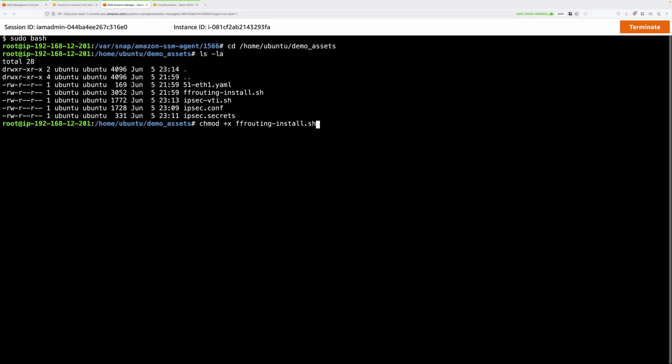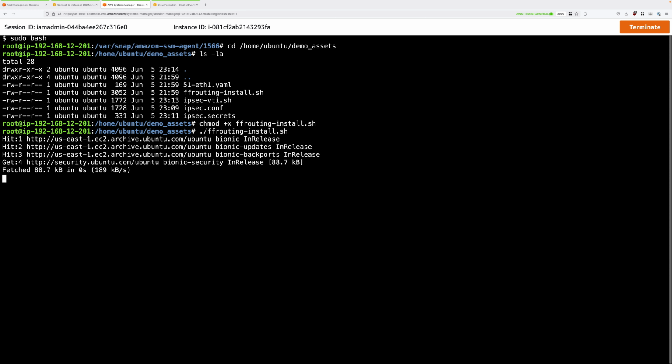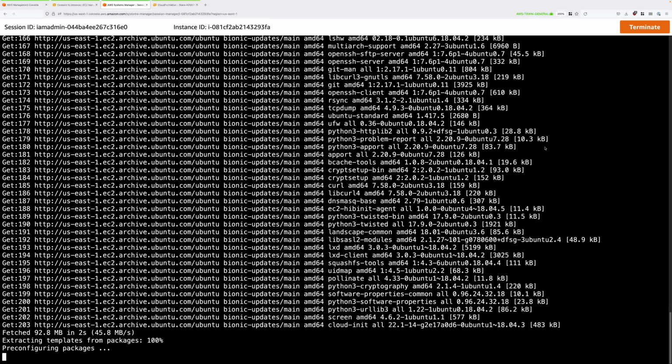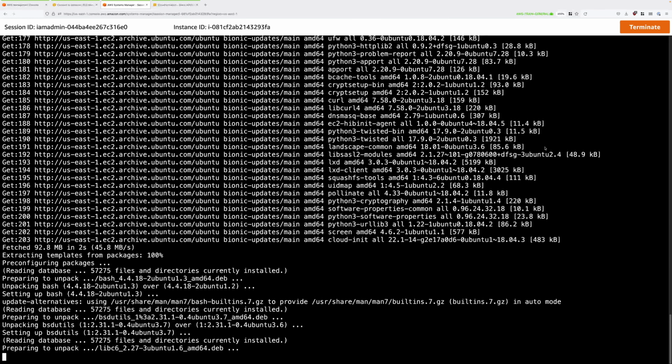So chmod space +x space frrouting-install.sh, press enter, and then we'll need to run that install process. So do a period /frrouting-install.sh and press enter. Now that process can take quite some time to complete, anywhere up to 20 minutes, so we need to wait for that to finish before we move on to the next step.